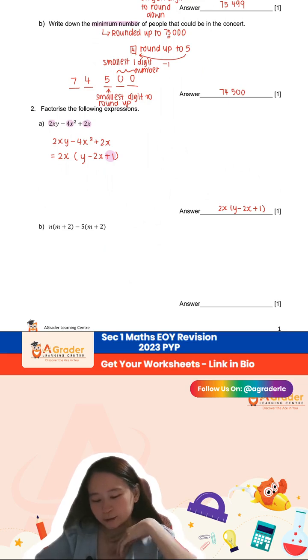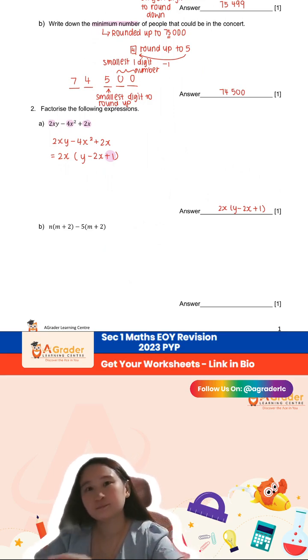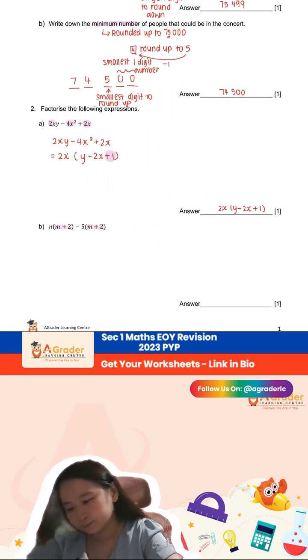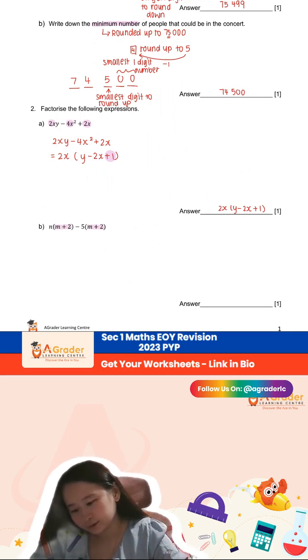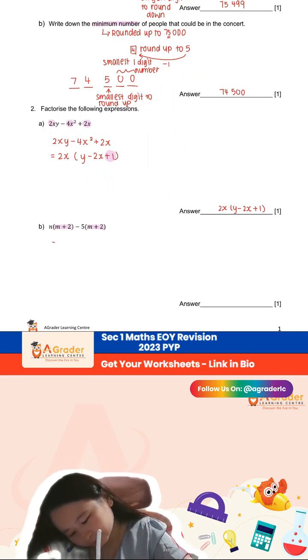So question 2b is actually quite obvious. They already show you what the common factor is. You just need to factorize out the common factor. So n plus 2 is the common factor because both terms have this inside. So when we take out n plus 2,